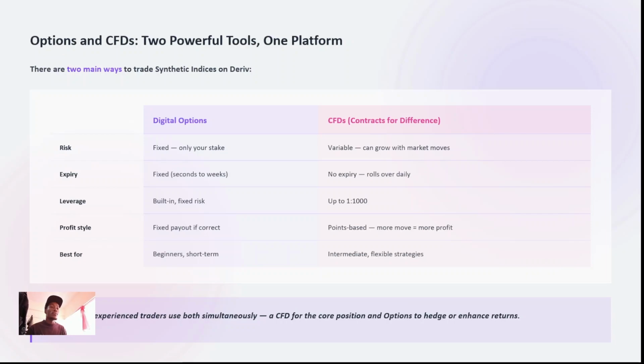So yeah, as you can see, the best for beginners is options, but in my opinion, I don't see why you should do options. But for the more advanced, CFD is best for intermediate people, or people who have flexible strategies, or in these markets,